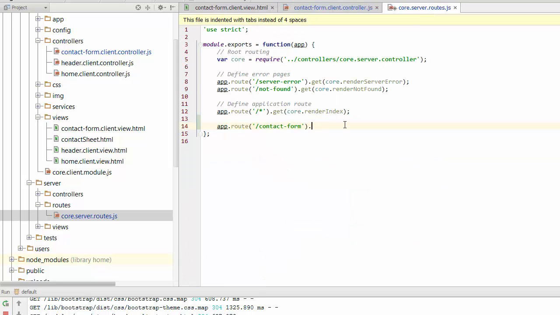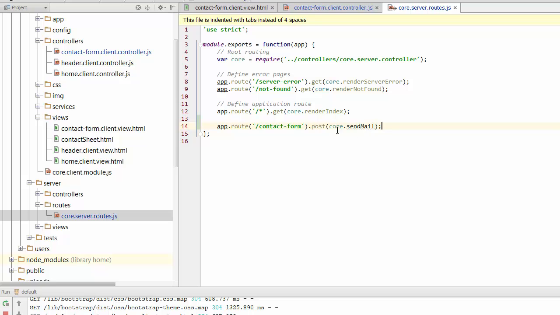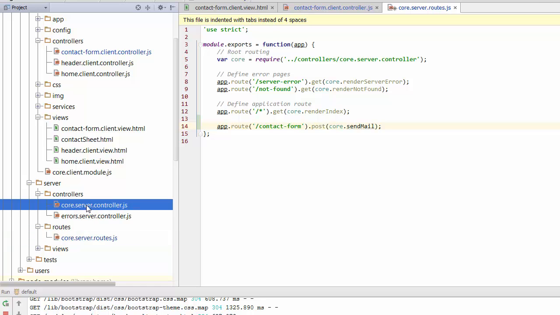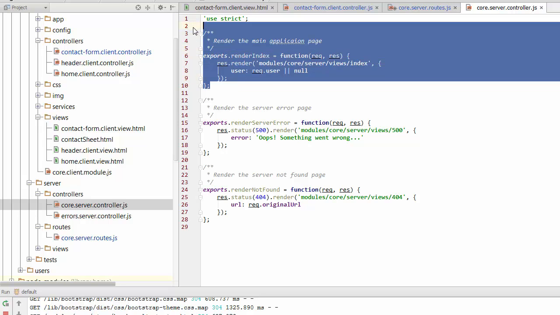This time I want to do a post like that, and the method that I want to use, I'll just reuse the core server controller because there's probably not too much in there, and I'll just make it core send mail, something like that. You can call it whatever you like, but just make sure that your method and your route actually match up. So now that I have this, I can jump across to the controller. So I'm looking for the core server controller. And in the core server controller, I'm just going to grab this export